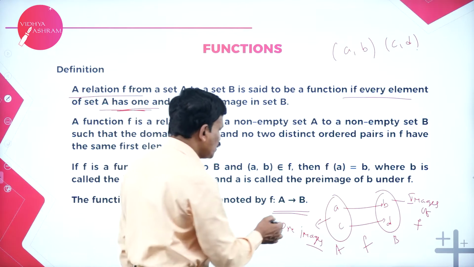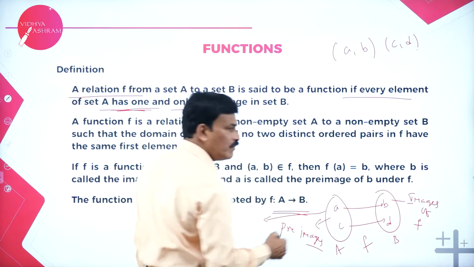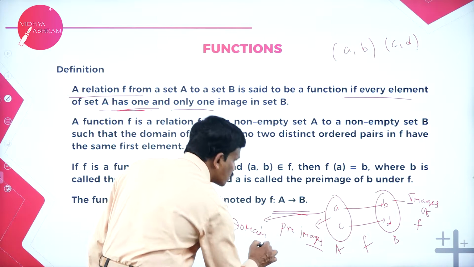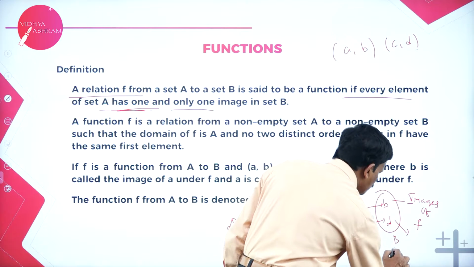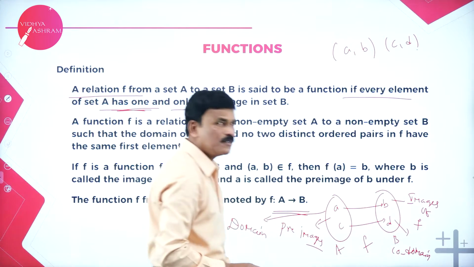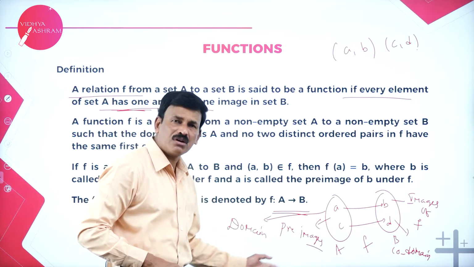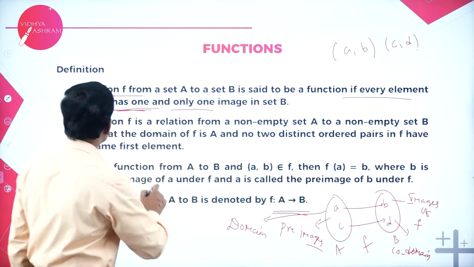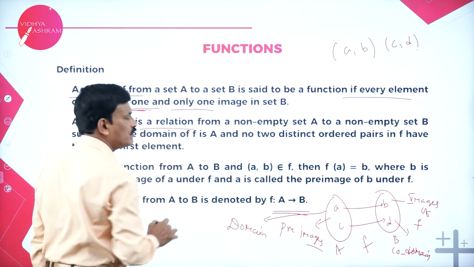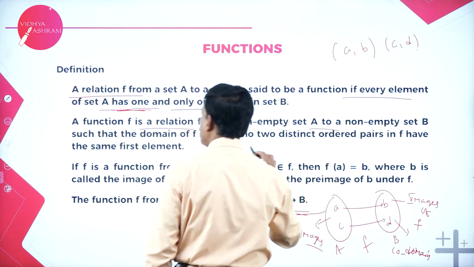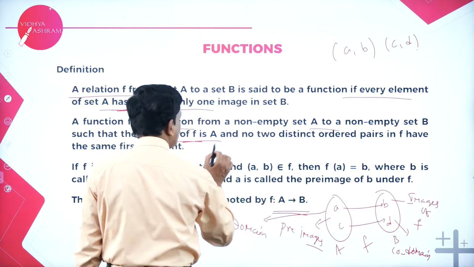You already know regarding this, all the elements of the set A are called the domain, and the elements of the set B are called the codomain. Now a function F is a relation from a non-empty set A to a non-empty set B such that the domain of A